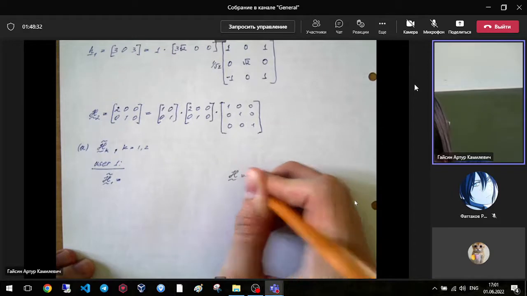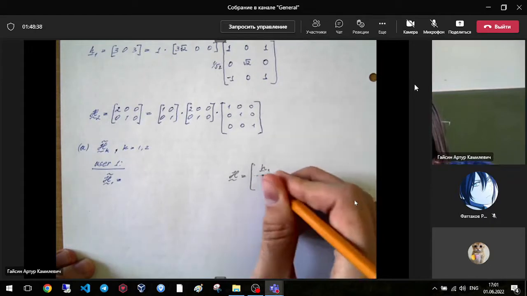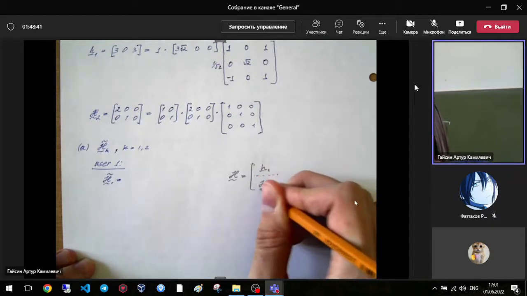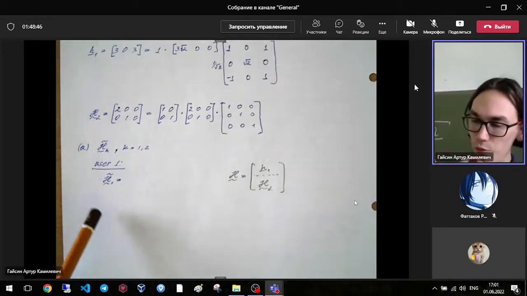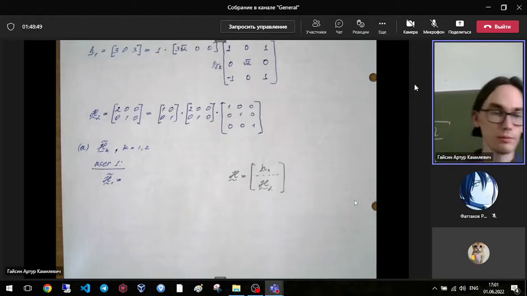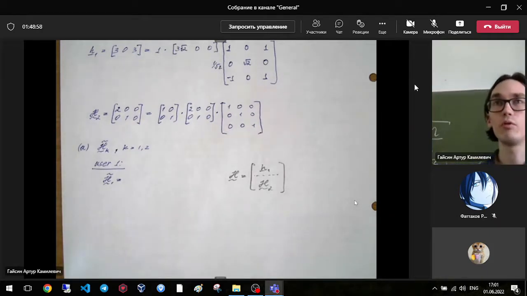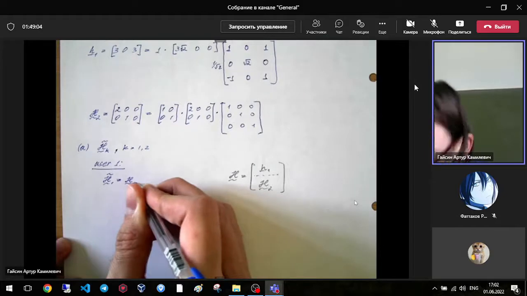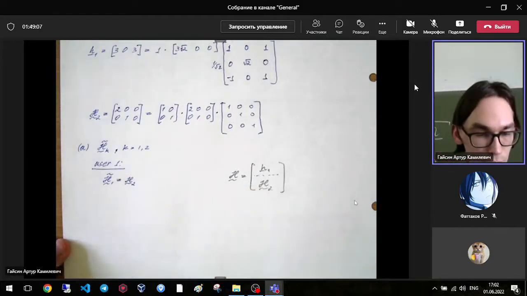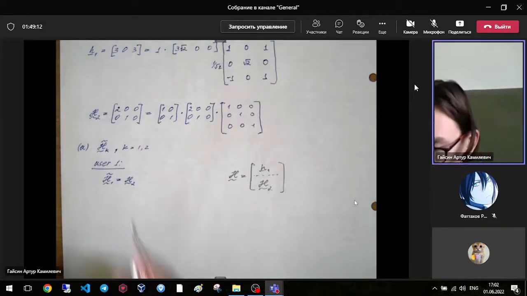The overall channel is H1 concatenated with H2. So what do we have if we want to write H1 tilde? Yes, so it is just channel 2 of user 2. So H1 tilde is equal to H2, and we can say that this H2